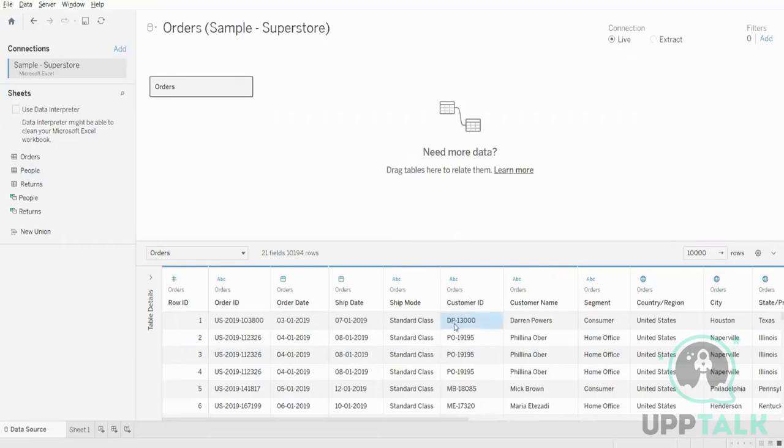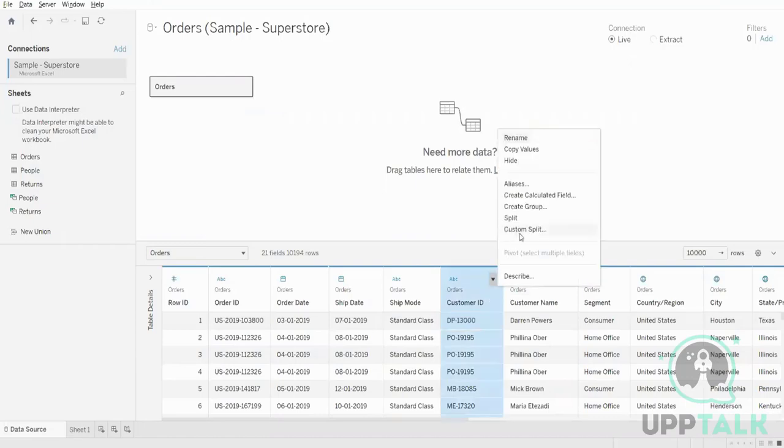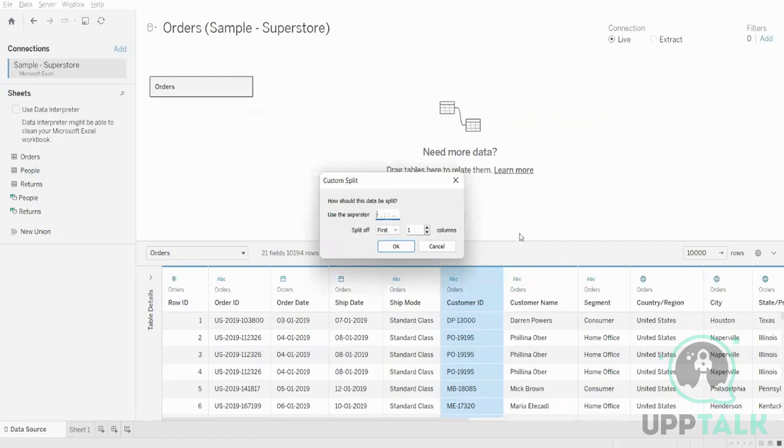Customer ID is DP, hyphen, and then the number. So over here, when we want to split, we will click on custom split. Custom split is where you have to define the delimiting factor. Over here, the delimiting factor is hyphen, and split off first. Okay, so when I click OK,